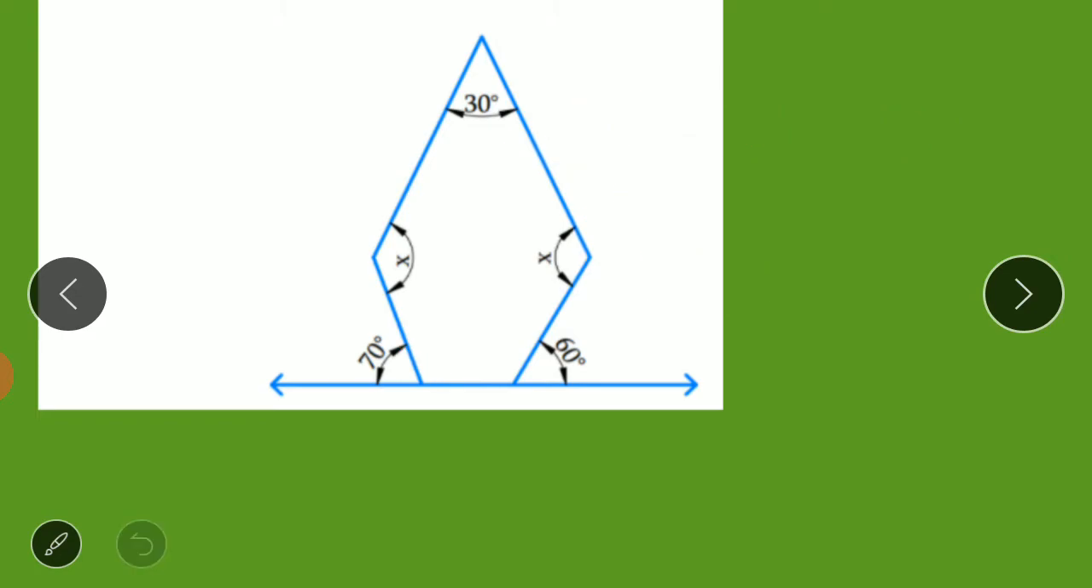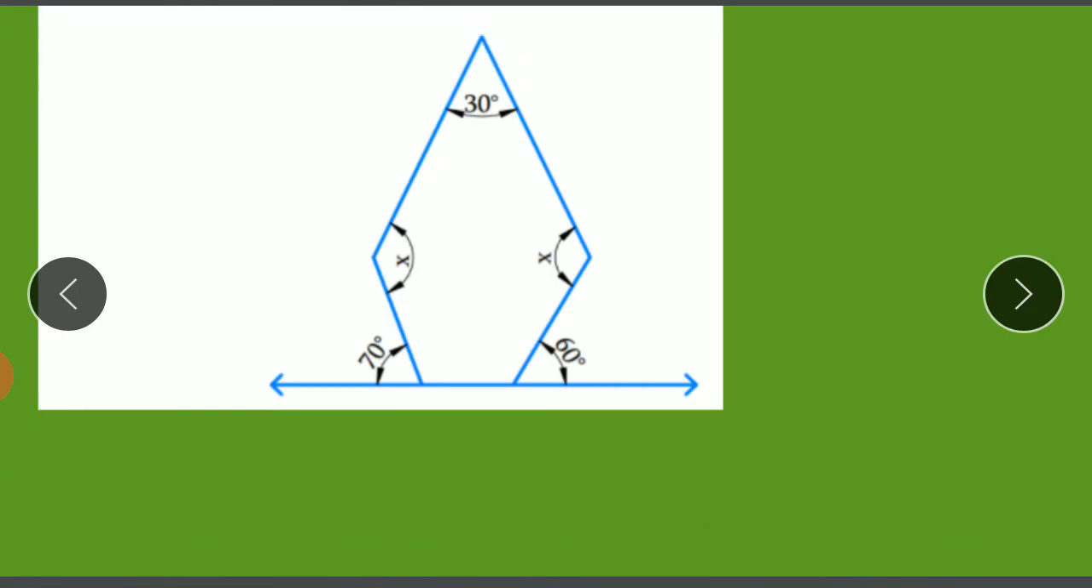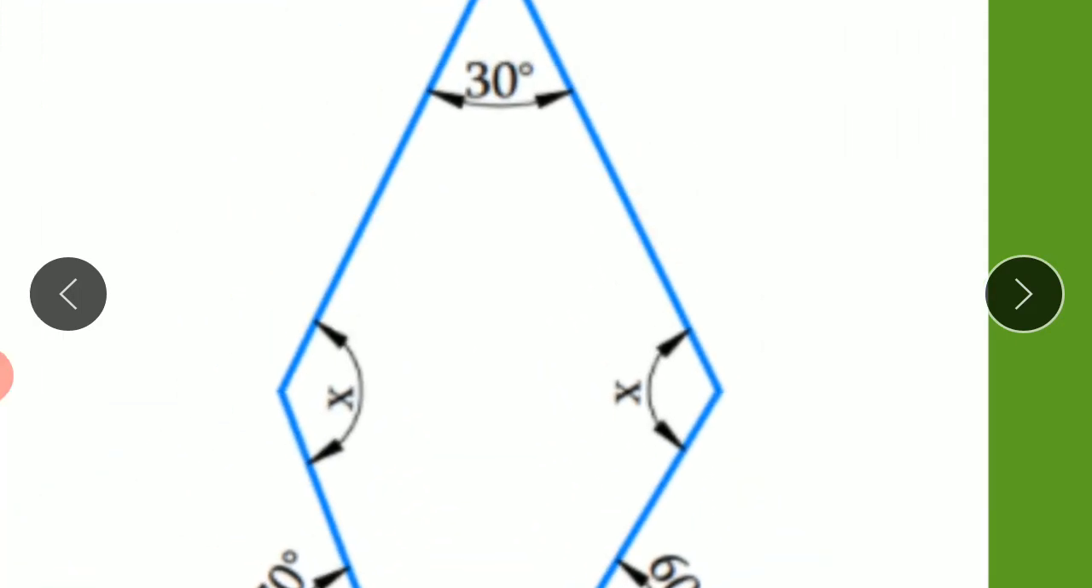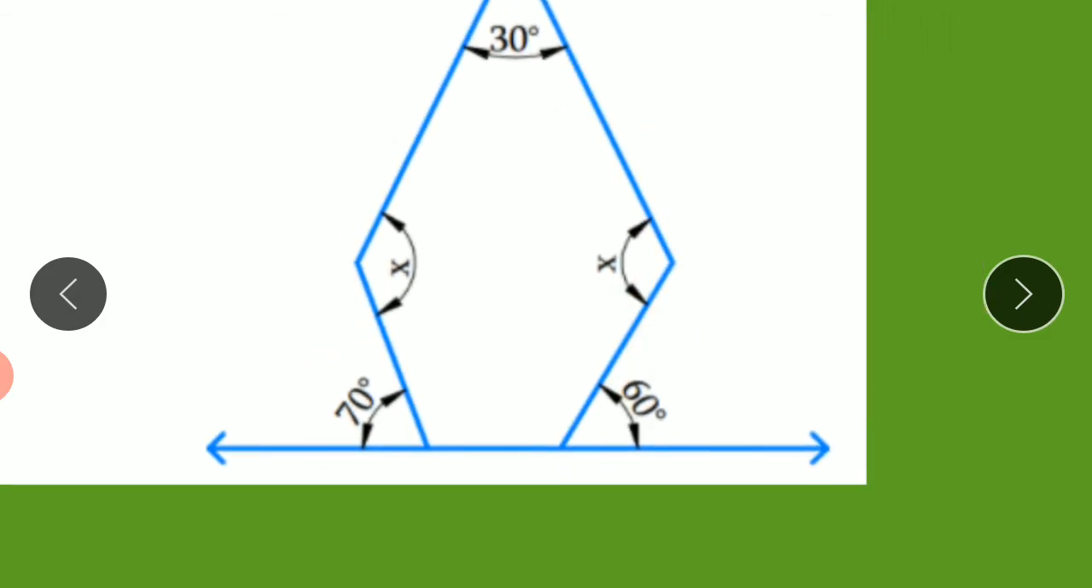Now we need to find the remaining angles. We have this angle 30, this angle x, and this one x. Then what about the remaining angles? These two angles. So here you can apply the